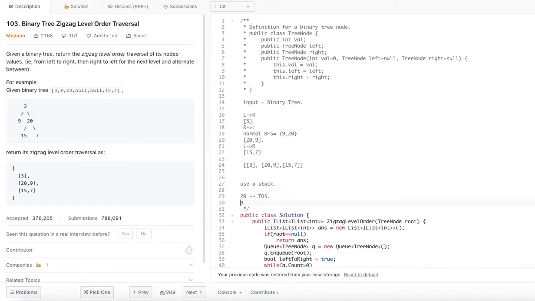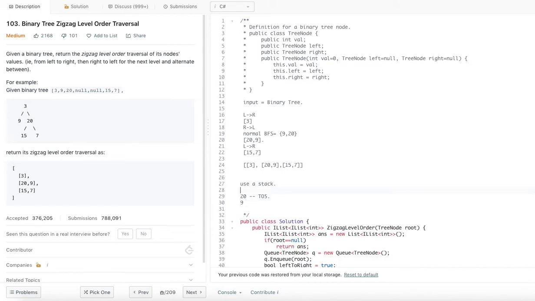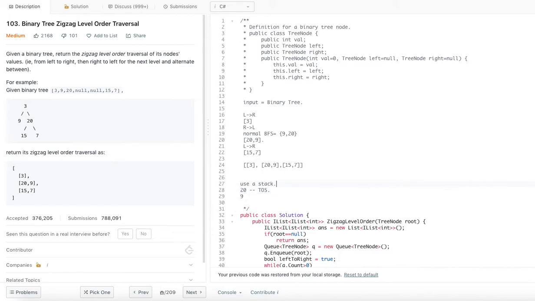The other way is, you don't need to have a stack specifically. If you want to use an array, just read all of them into the array, and when you are putting into the output list, start from the n-1 index as opposed to the 0th index. So let's say using an array.